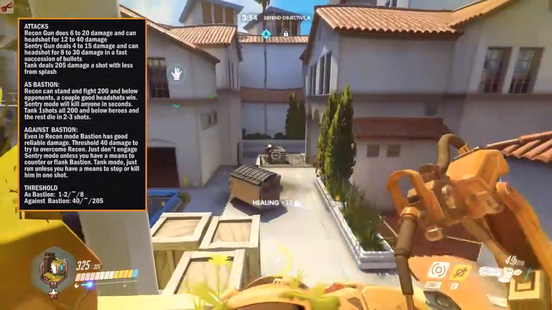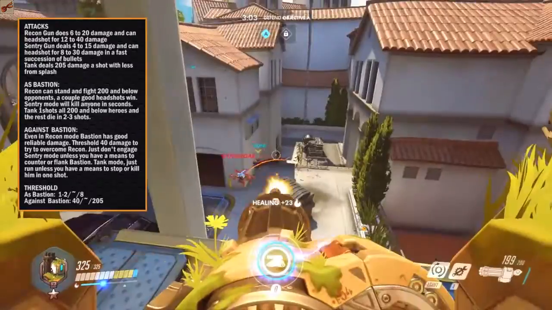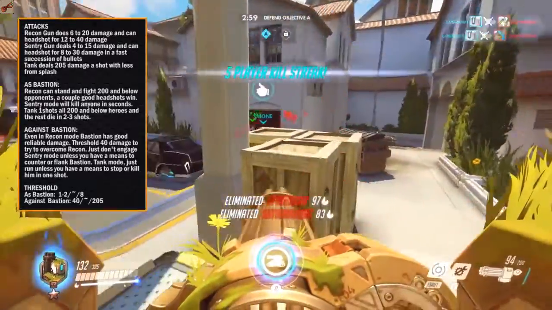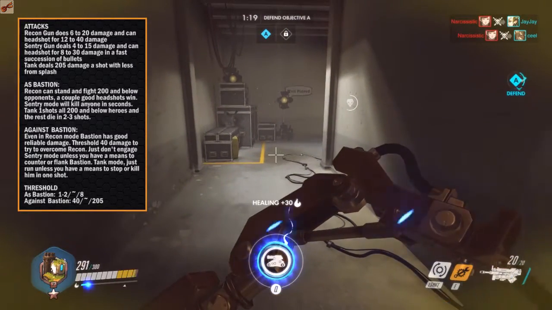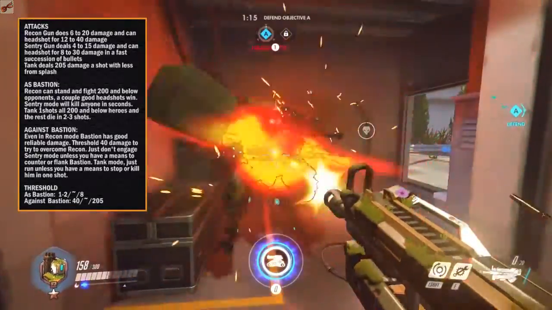If you're fighting Recon mode though, the threshold is 40 damage because 1 good headshot from him will kill you at 40 HP, so just try to survive that much when you're trying to fight him in Recon mode. If he gets you below 40, you might want to get out of there. When it comes to Sentry mode, you just don't engage it, of course, that will get you killed. You gotta try to counter and flank that thing, because if you don't, well, he's gonna kill you straight up